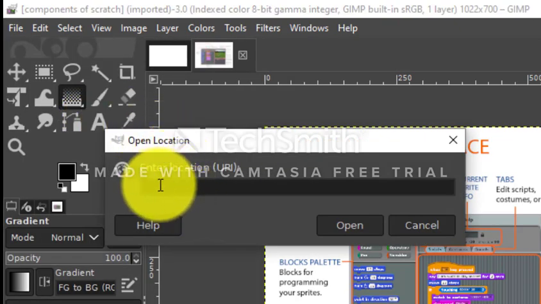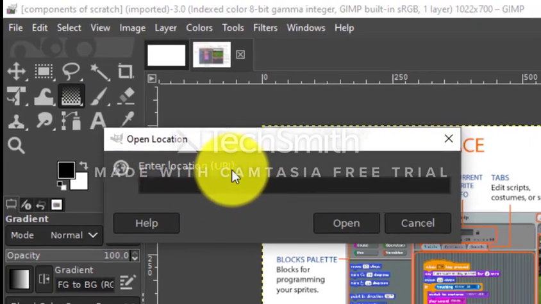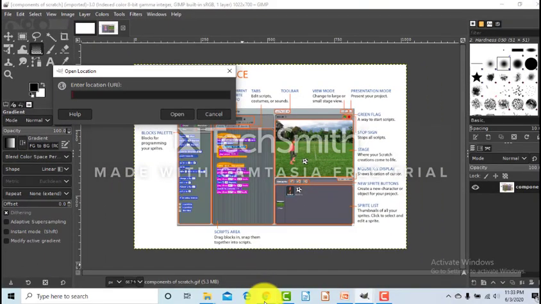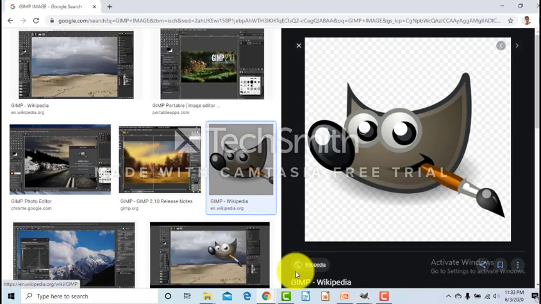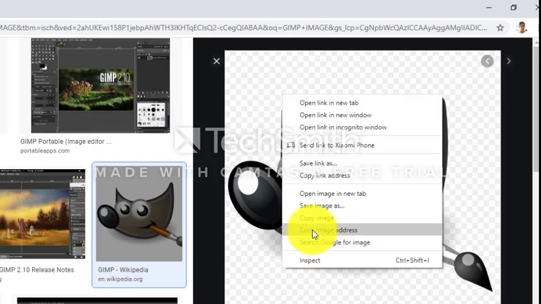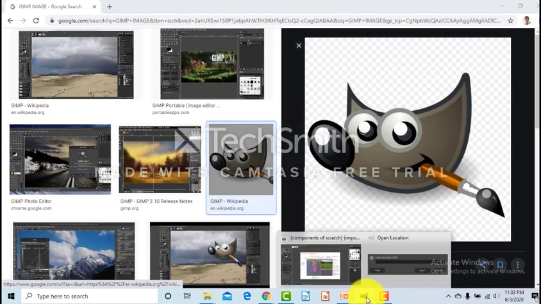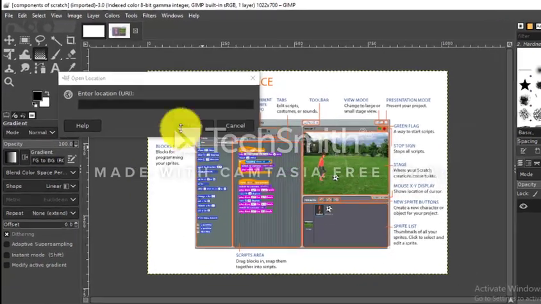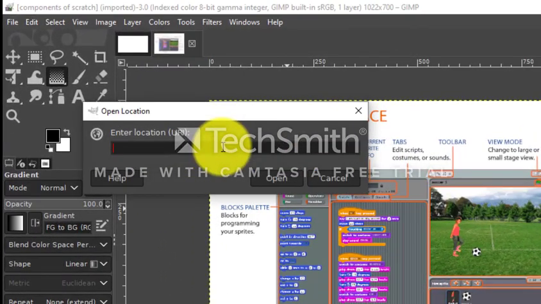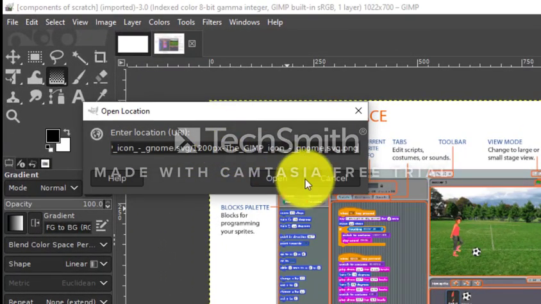Specify the URL. You can open an image in any browser and copy image address. Now paste it here and click Open.